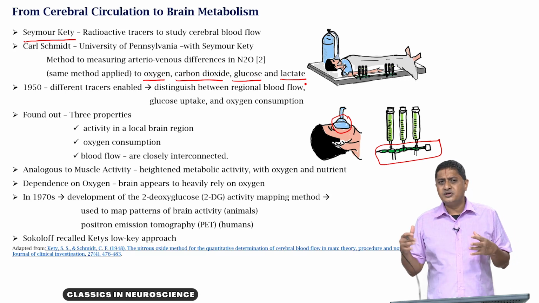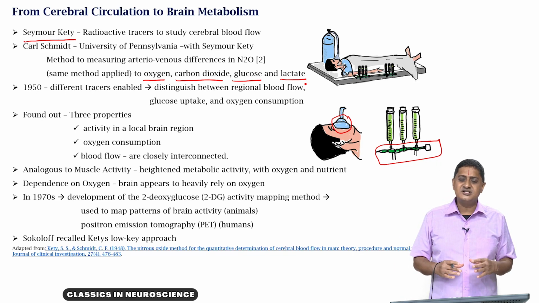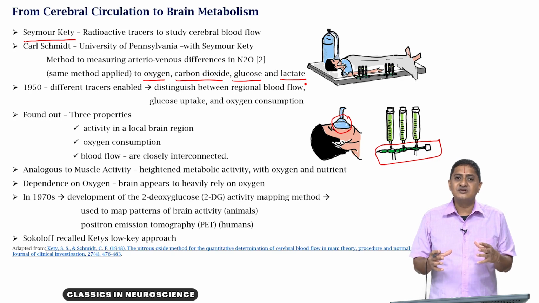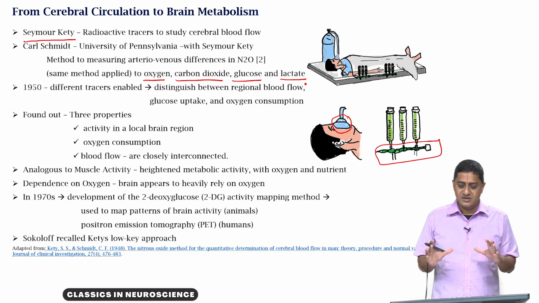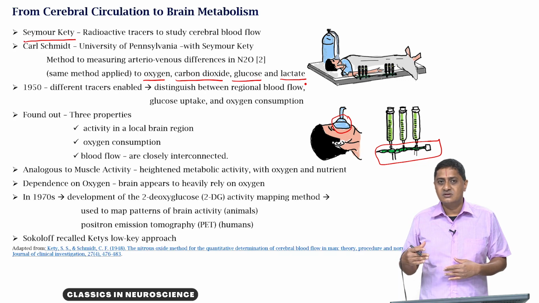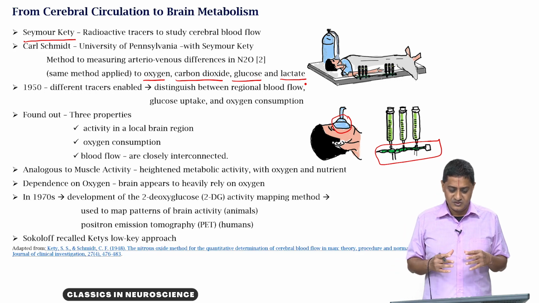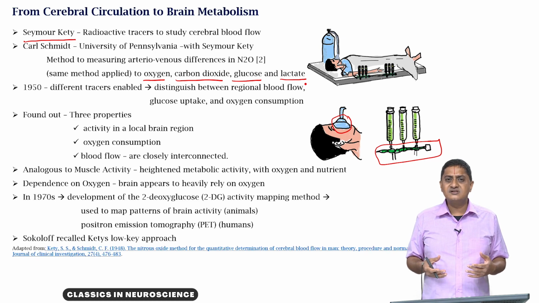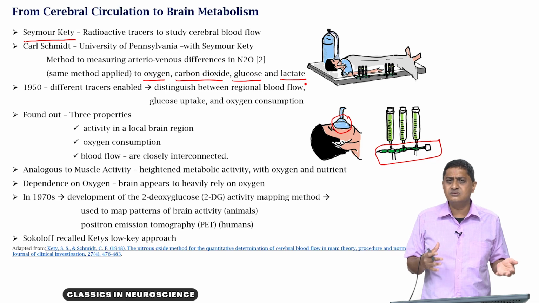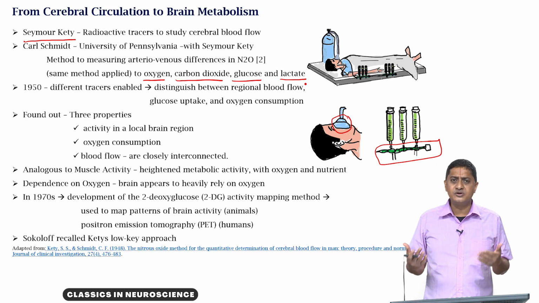Of course, this is not going to help you identify regions of the brain. At this time, we are at the stage where how much oxygen is being consumed by the brain is being studied. So, more oxygen is entering and less oxygen is coming out, less carbon dioxide is entering and more carbon dioxide is coming out from the brain. What this means is that the brain is utilizing the oxygen that did not come out. It has converted that oxygen to carbon dioxide, common sense, right? That is what must have happened. So, the product of metabolism is this carbon dioxide that is naturally going to be exhaled.